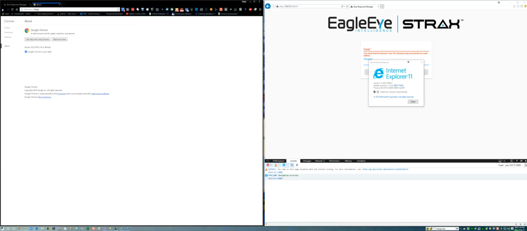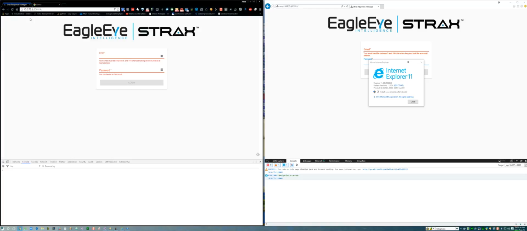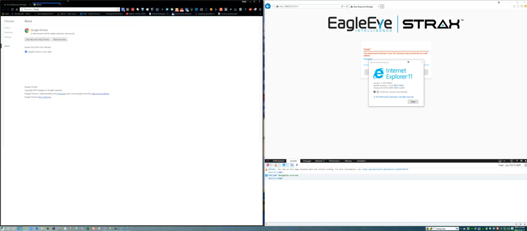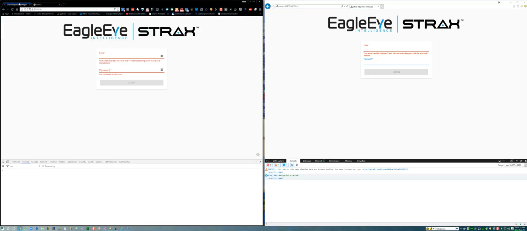Okay, good day. Want to do a side-by-side comparison of the SRM and SAC workflows in Google Chrome as well as in Internet Explorer. Here I've got Chrome version 52.0.2743, whereas on the right side I have Internet Explorer version 11.545. All right, very good. So let me go ahead and acknowledge this, and I've got consoles open for both